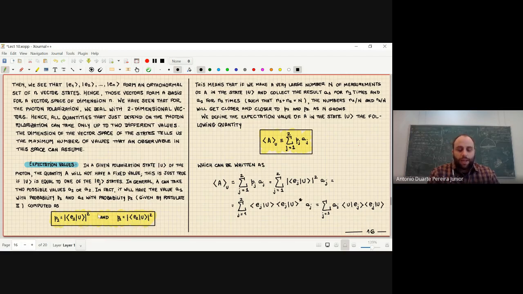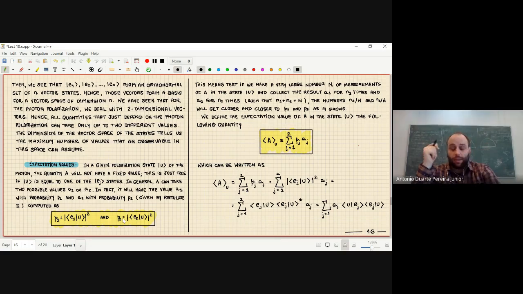This means that the likelihood of getting the outcome A1, if you perform the experiment n times, will be this number times the number of times that you repeated the experiment. So this is how you interpret the probabilities, and now I will define a quantity, but I will just define it, and we're going to elaborate on that